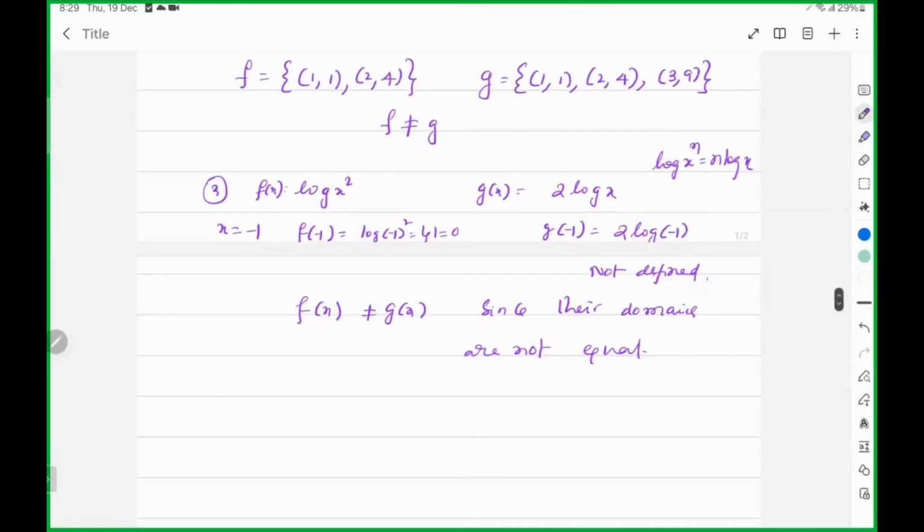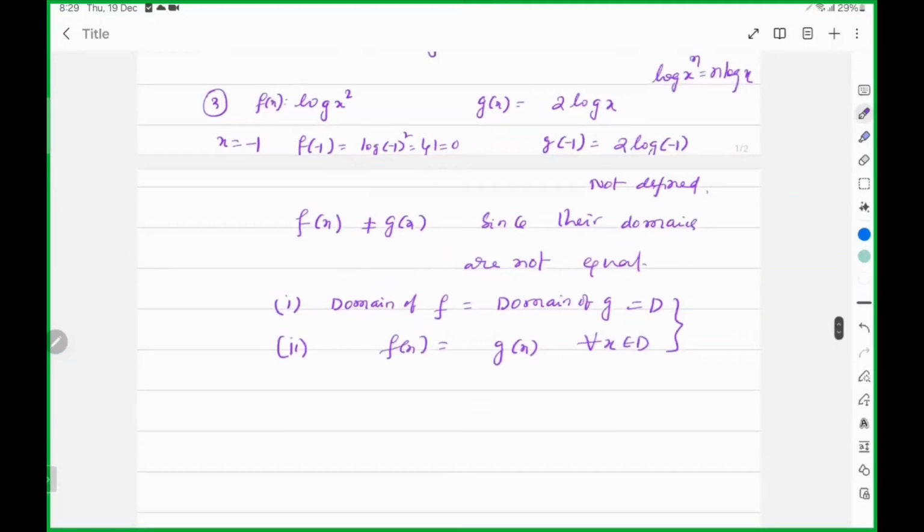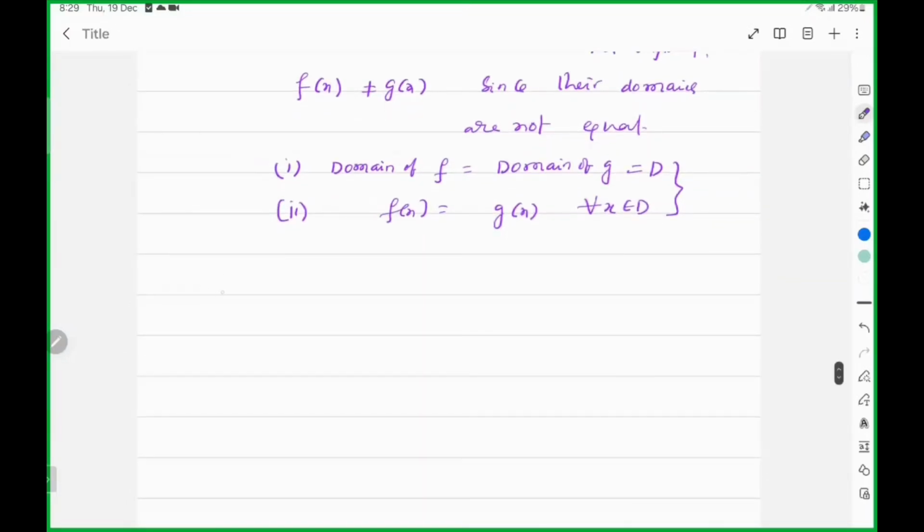Finally, the conclusion is, for equality of functions, first, the domain of f must equal the domain of g. Second, f of x is g of x for all x belonging to D. Next,